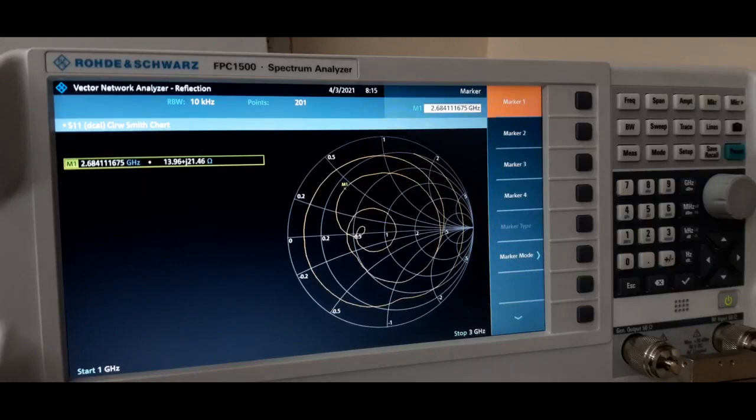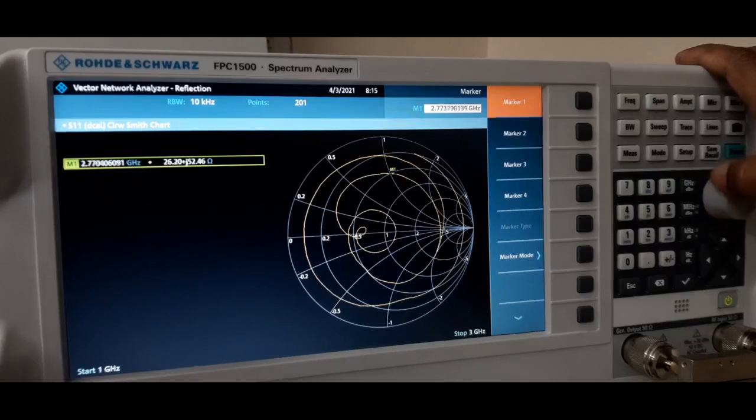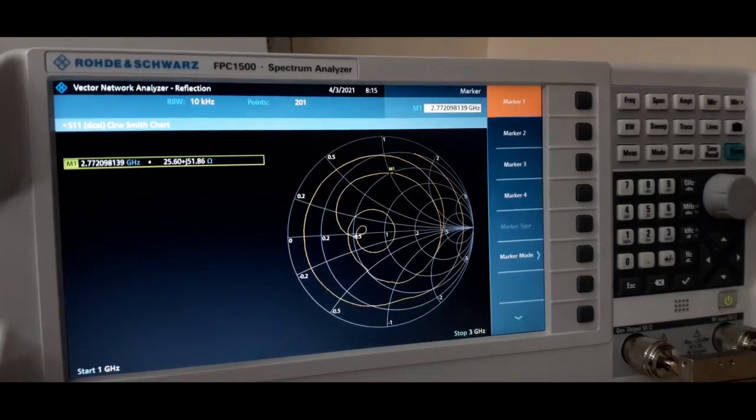In some other design, there may be multiple frequencies that are working. For this antenna, it is designed for 2.5 gigahertz and it is working at 2.4 gigahertz with 49 ohms impedance. For some other frequency it is reducing, increasing both. See here 22 ohms, 38 ohms. So all parameters are tested. Okay, thank you.